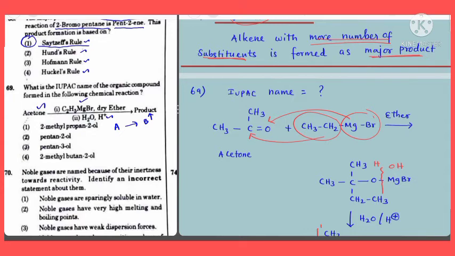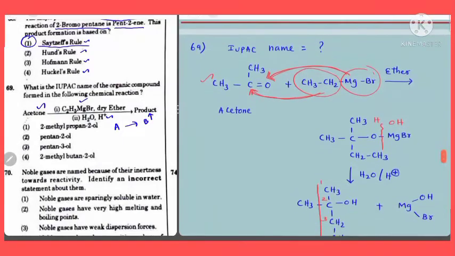That is the question. Now this was the reaction actually. This is nothing but acetone, a ketone with 3 carbon atoms, CH3, C double bond O, CH3. First it reacts with the Grignard reagent, ethyl magnesium bromide. You know that being a carbonyl compound, the addition reaction takes place at the carbonyl group, isn't it? The ethyl group gets added to the carbon atom, then MgBr gets added to the oxygen. So first you get an addition product like this.